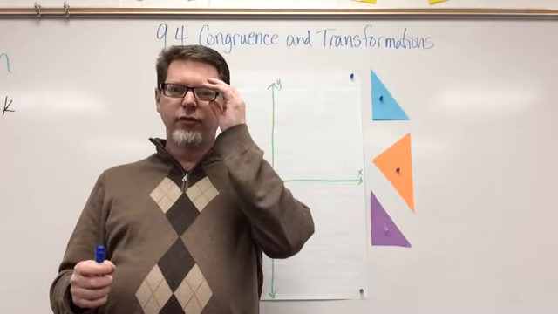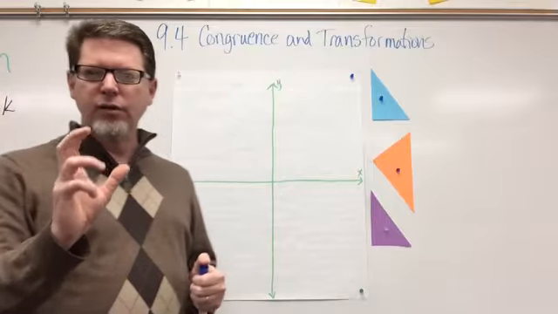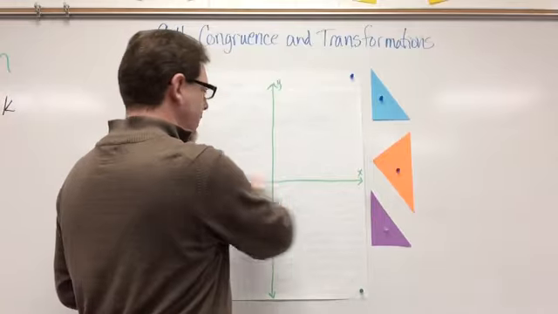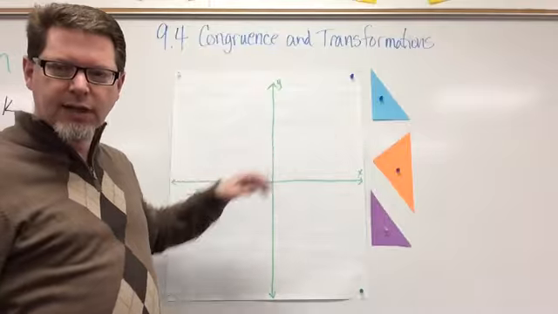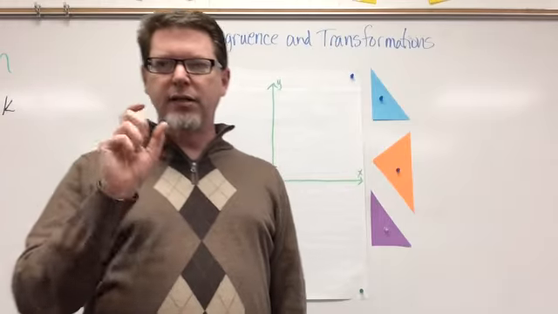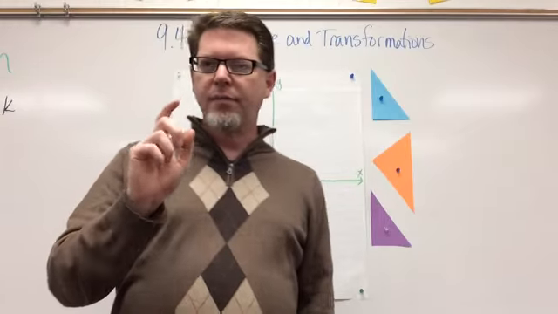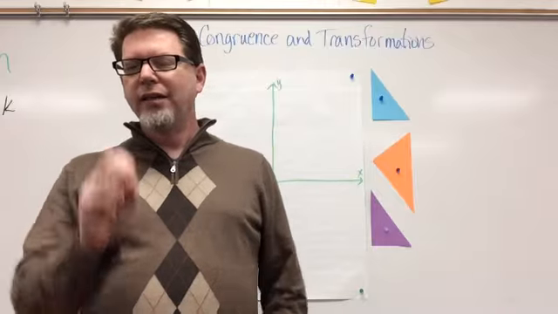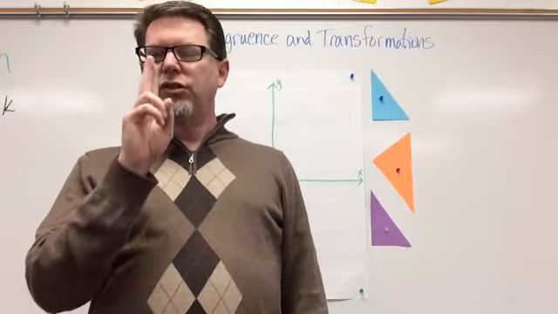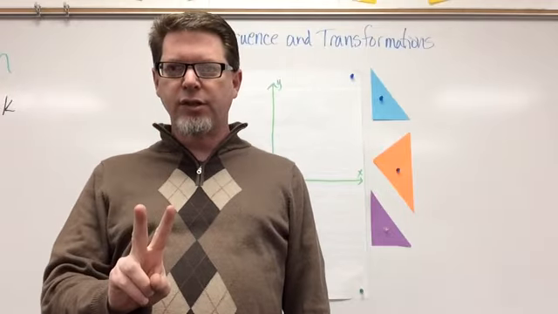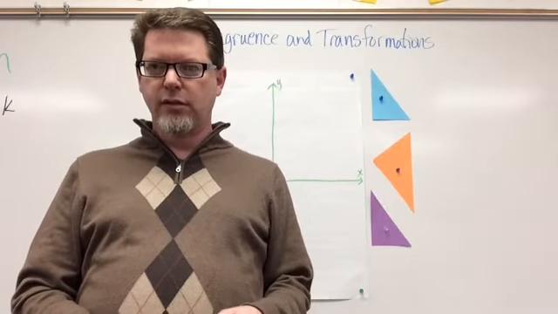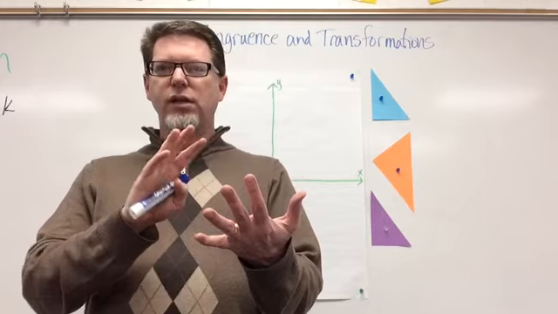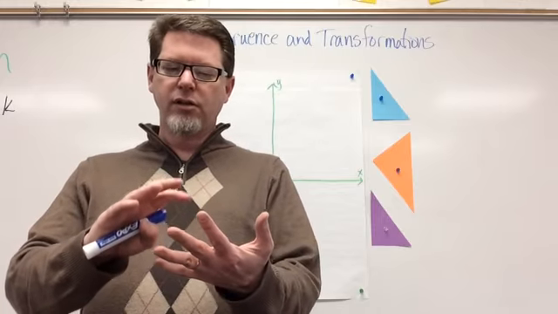So here's what I want you to do for your practice problem. What I'd like for you to do is, on your paper, draw a simple coordinate plane, just the x-axis and the y-axis. You don't need all those other little lines. And I'd like you to take the capital letter T, and you can put the capital letter T wherever you want to, and then I want you to use 2 transformations to show me where T would end up after those 2 transformations. You can either use rotation, reflection, or